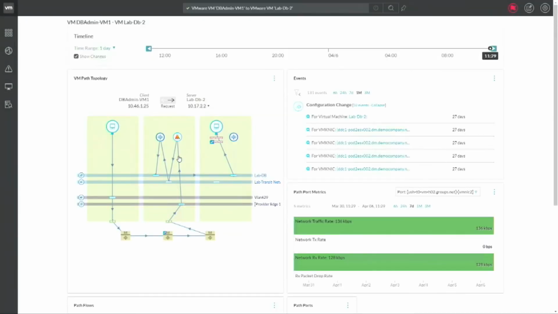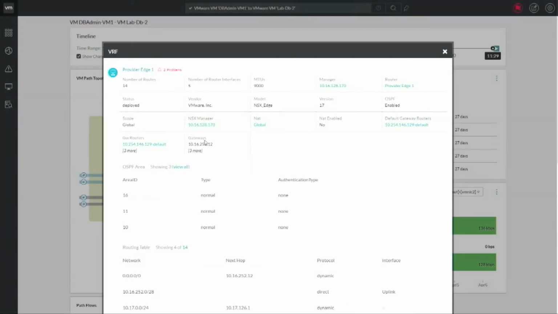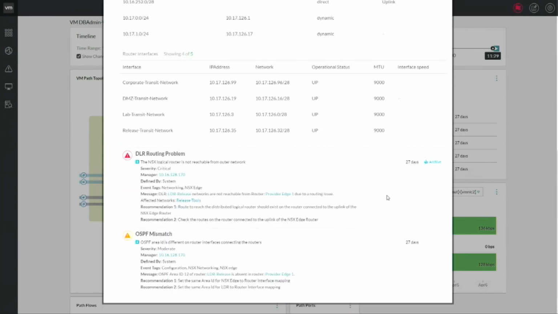And as we move through the path, I'm about to get the gong here, so I'm going fast. We can get up into our edge environment. And this is where we get into NSX. We're going to show you our VXLAN info. We're going to show you our VTEPs. We're going to also show you where there are problems in our configuration. So you can see here we have our logical distributed router, or distributed logical router, depending on which way you want to say it. And we have a routing problem. It's being caused by an OSPF area ID misconfiguration. And we also have recommendations to go ahead and fix that particular issue based on best practices that we've provided